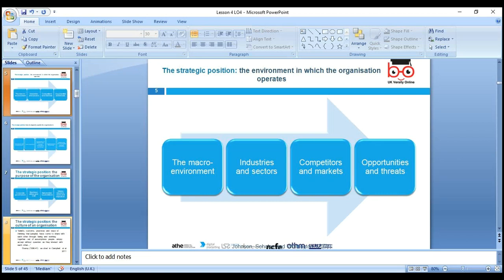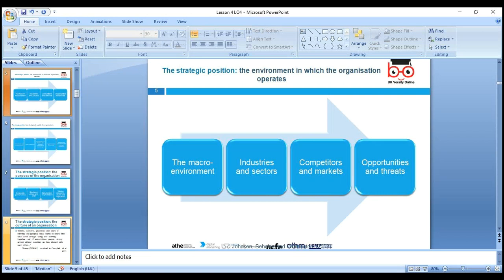So industry and sectors. Which industry and which sector are we in? What position within the sector? Competitors and market. How many competitors do we have? In which market are we? We are in a primary market, we are in a secondary market. Opportunities and threats. What opportunities do we have? Think about it in terms of our own business, QuickBooks,